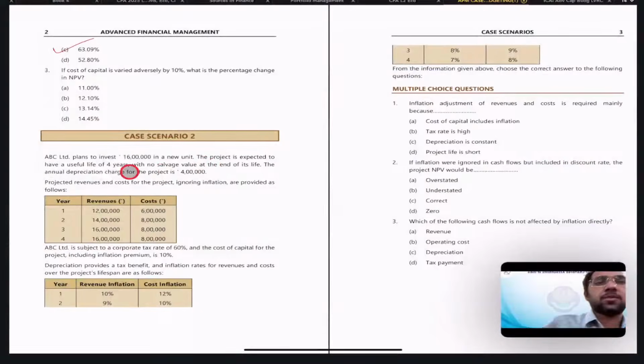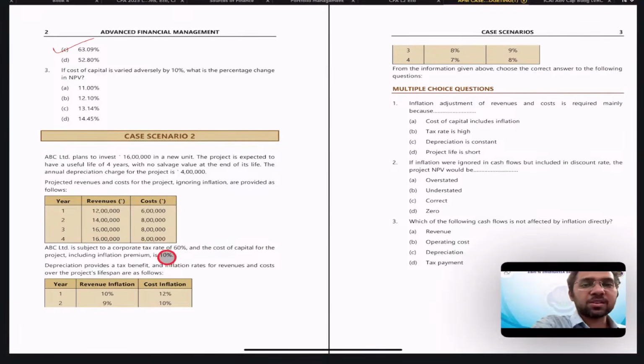The project is expected to have a useful life of 4 years with no salvage value at the end of its life. The annual depreciation charge for the project is 4 lakh. Revenues and costs are provided. ABC Limited is subject to a corporate tax of 60% and the cost of capital for the project, including inflation premium,